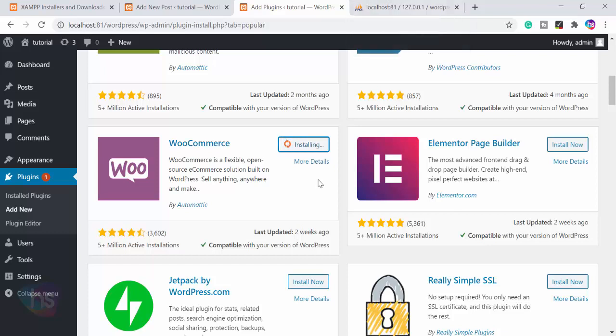Let's see, it is installing. It has some modules for sending emails, products, orders, and displaying products. E-commerce has some advanced features, so it will take some time to install. It is installing one by one. It depends upon your internet speed as well as your computer system's performance.